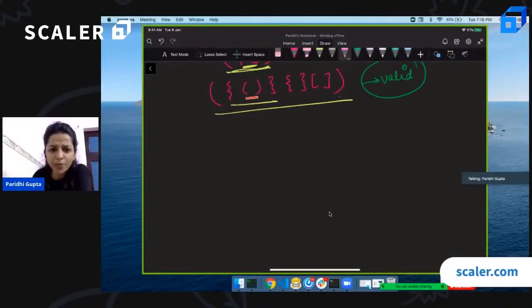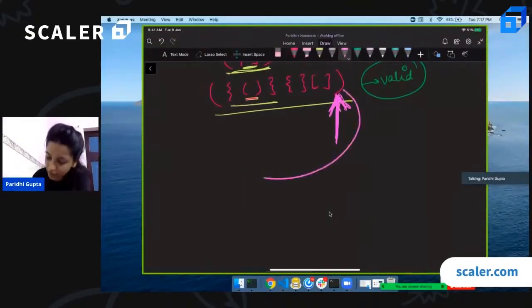Now, an opening bracket does not bother us, because in the future we may find a closing bracket for it, right? But let's suppose I am done with everything and I am at this closing bracket. For this closing bracket, this is an opening bracket, this is an opening bracket.